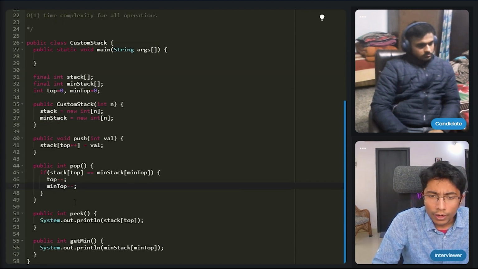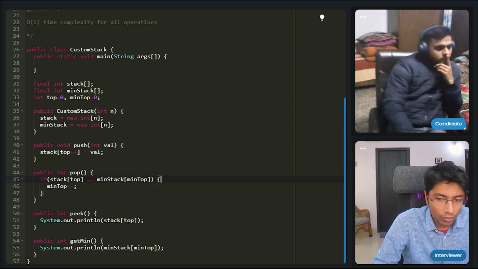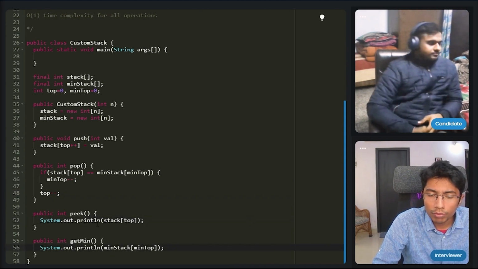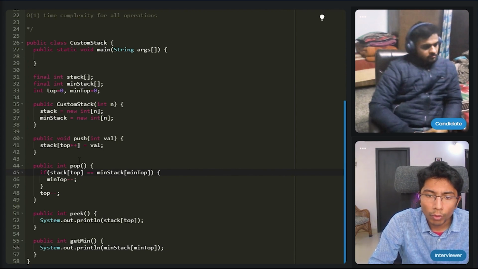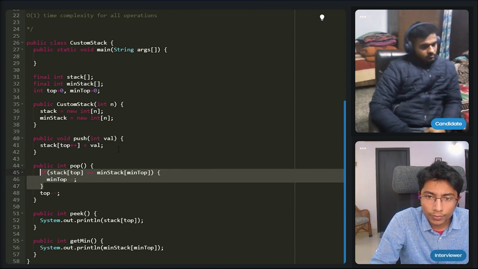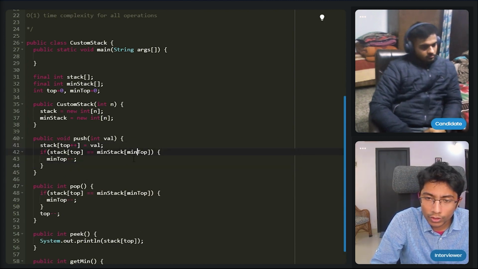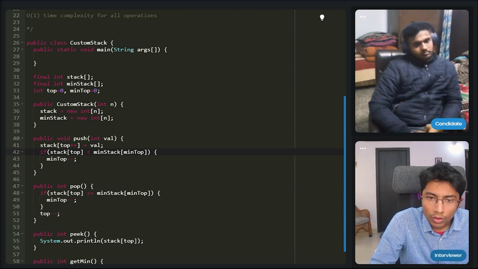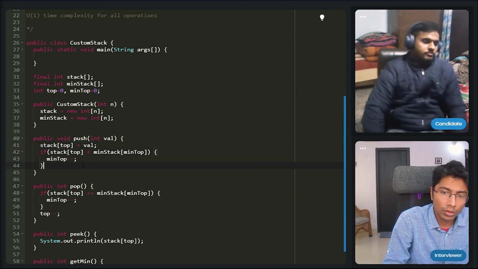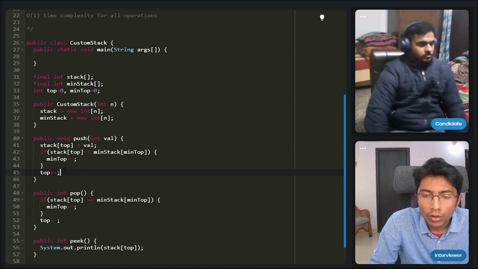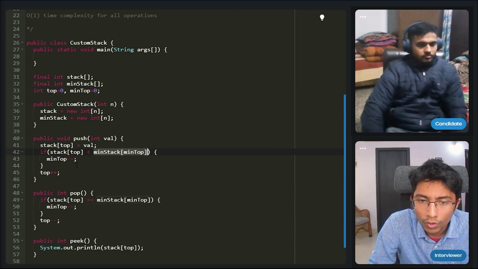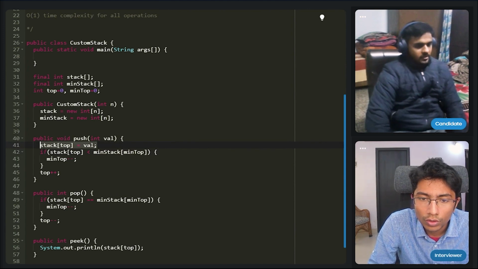Actually we have to remove the top anyway, so that's this. Peek is fine, getMin is also fine, popping is here, pushing is if the minimum stack top is greater than what we have right now, then we need to insert to the minimum stack.